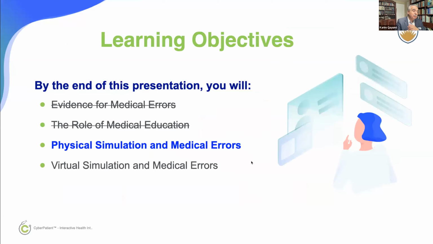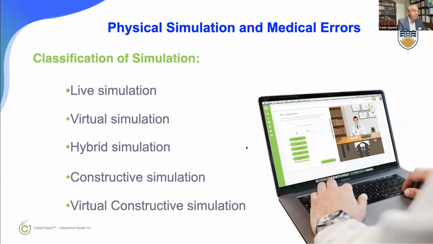So from here, we're going to talk a little bit maybe about the physical simulation and the role of physical simulation. Before we talk about the role of physical simulation, you perhaps know that there are at least 5 types of simulation. There's live simulation, when a live person is acting on another live person, and the other live person is responding back. It's like simulated patients, a piece that you use perhaps in medical schools.